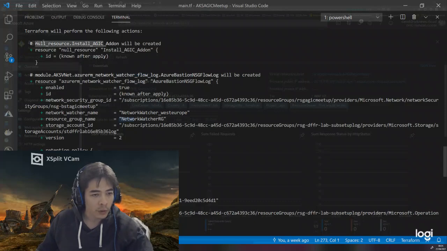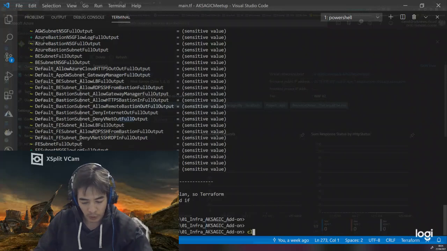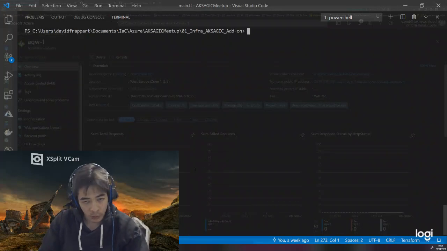So I will cheat for this one and use Terraform apply with a target switch, so that I am only adding the add-on for my application gateway ingress controller. So let's do that.